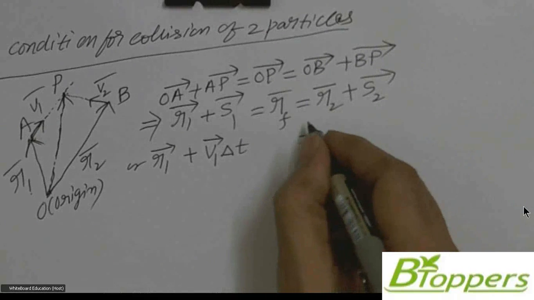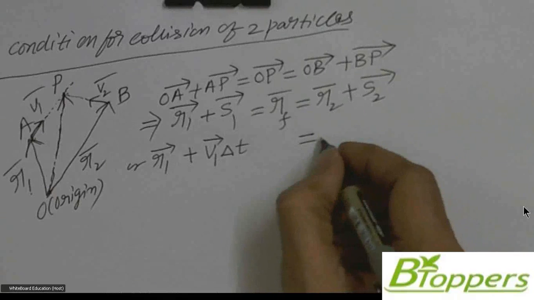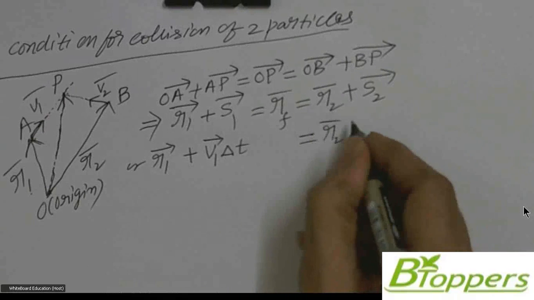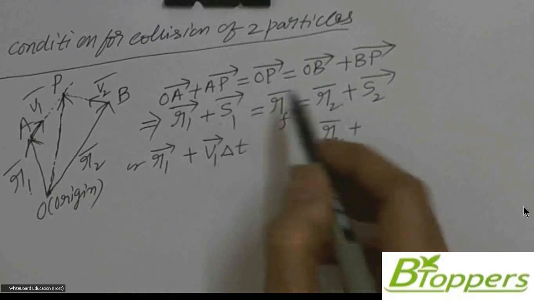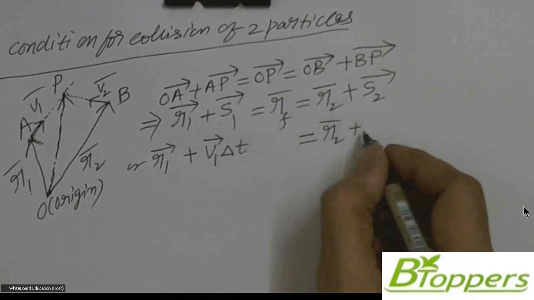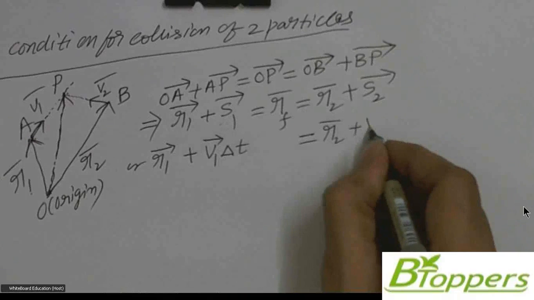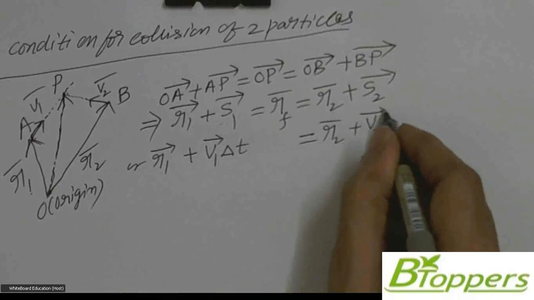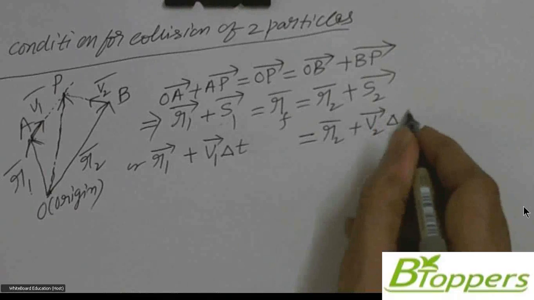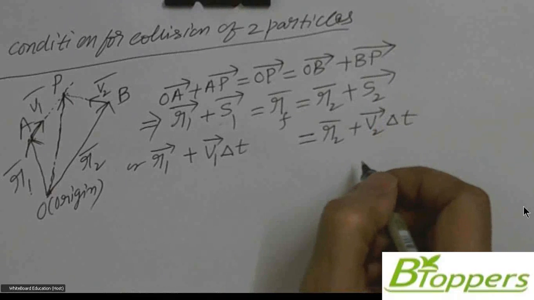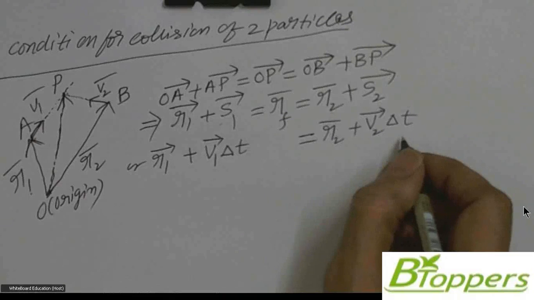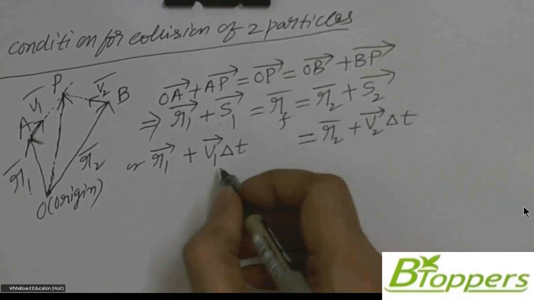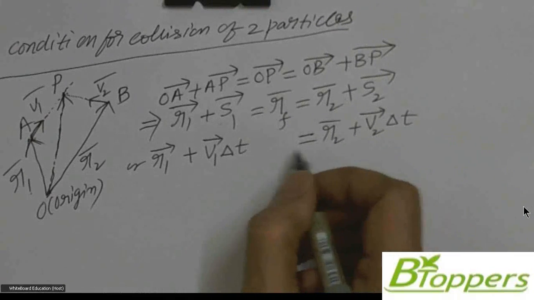So here, for R2 bar plus, that means I am equating the first and last here. If the second particle, suppose, moves with constant velocity v2 bar, then you can write S2 bar equal to v2 bar into delta t. You arrive at the same equation